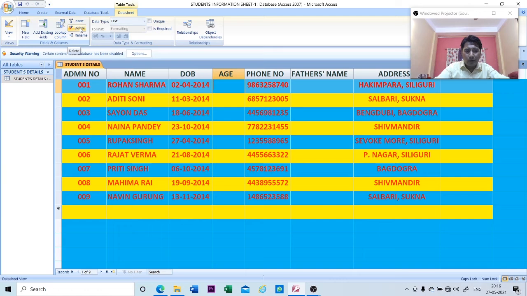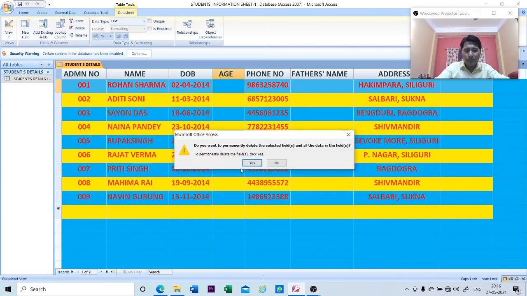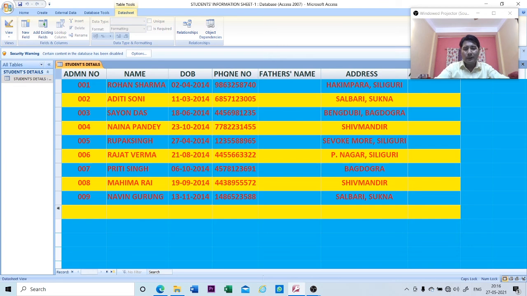Simply click on the delete button. See, the easiest way, it will ask you for the confirmation. Click on yes. See, the age field has been deleted. Okay, now the second way to delete the column or a field name is just select the column heading or